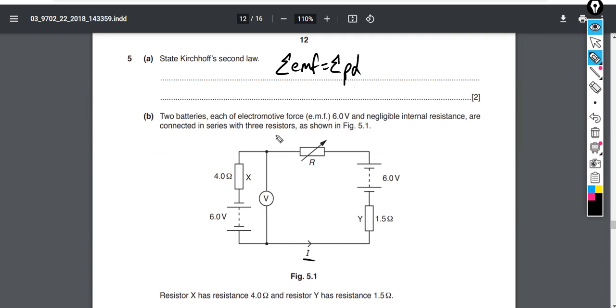So when we think about this law, it's like saying, okay, we put some EMF into the circuit, and now the voltage drop across that whole branch is 0. Likewise, it's 0 across this part too. We could think about this as being wired across this part of the circuit or across this part of the circuit. But here, the sum of the EMFs, 6 volts, equals the sum of